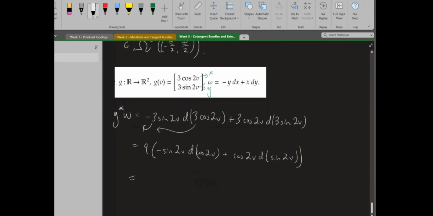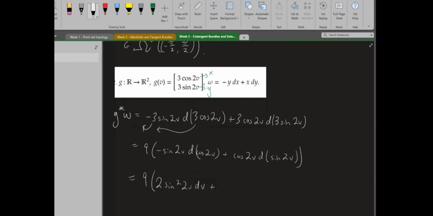Okay, and then you can compute those derivatives, and you should get a 2 to come out. And I'll just write it. 2, and then you have positive, because you get a negative from the cosine differentiated, sine squared 2v dv